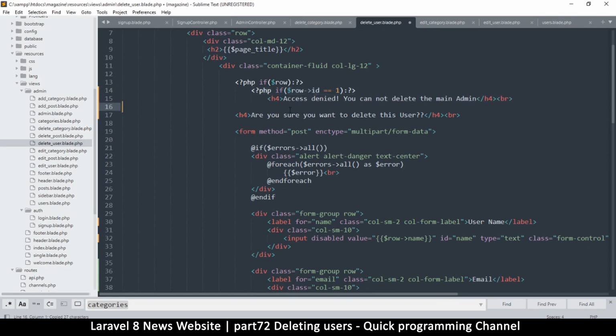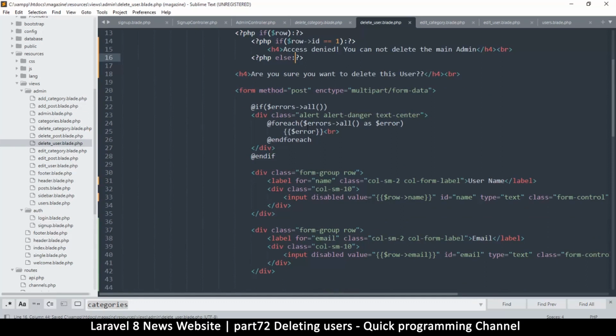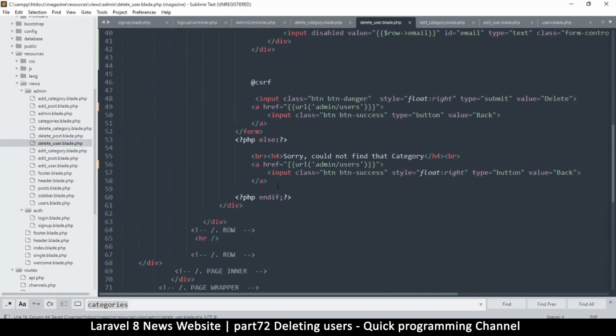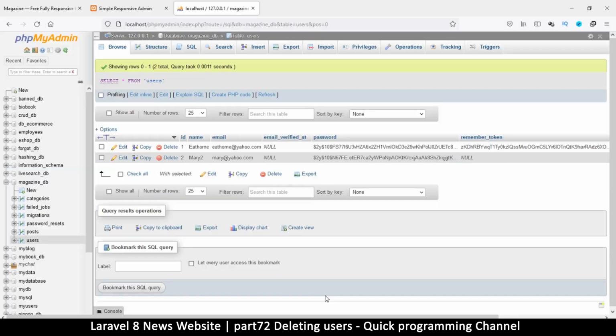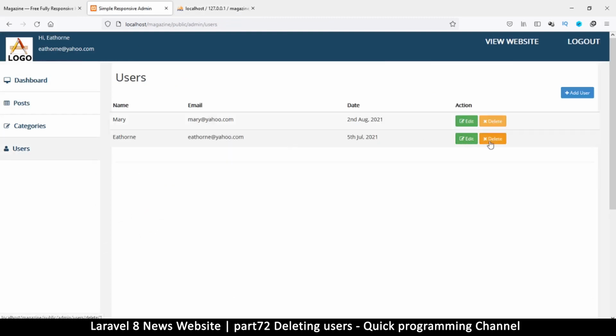So copy and let's put that here so that we have an else statement. And we're going to say else, put a colon there. And then I'm going to copy, oh sorry, actually, you must put the colon. And so after the else, we're going to put the end if right about here. So, excuse me, duplicate that, and we should be good to go. Alrighty then, let's try and delete the main user. So delete,